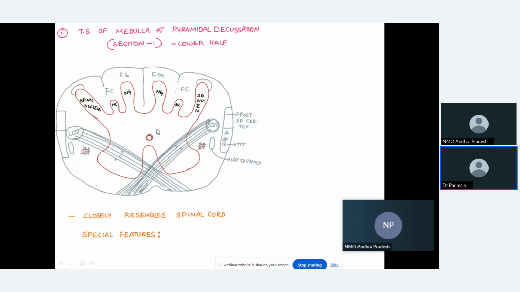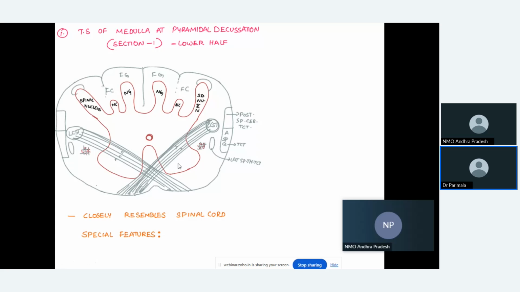Then the central gray matter extends posteriorly, medial to this posterior horn, to present with a nucleus called nucleus gracilis medially and nucleus cuneatus laterally. Clear? So this is about the central gray matter extension. Then come to the anterior horn. The anterior horn here is detached from the rest of the gray matter by the decussating corticospinal fibers. So this is detached, but it presents with nuclei. What nuclei are seen here? The nuclei seen here are the supraspinal accessory nucleus. The accessory nerve nucleus will be seen here.